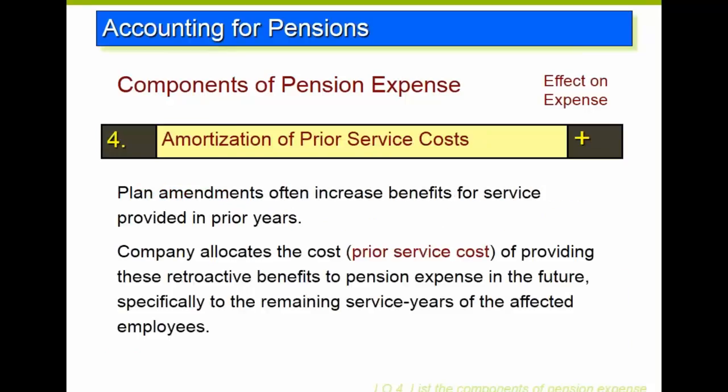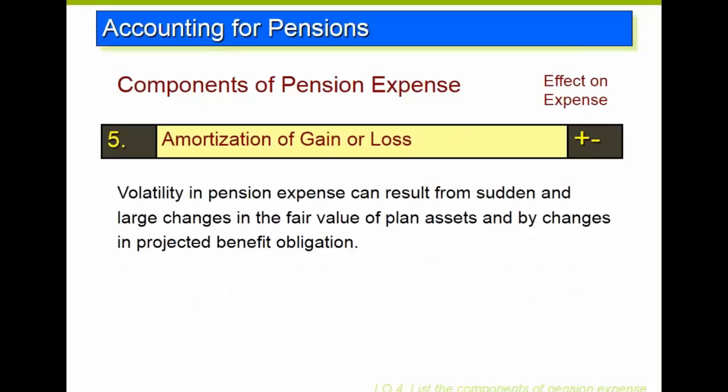Amortization of prior service costs, we've talked about this. It's a plan amendment usually occurring with some sort of union negotiation, and the union negotiation was such that it actually affected prior service. These prior service costs are then lumped together and